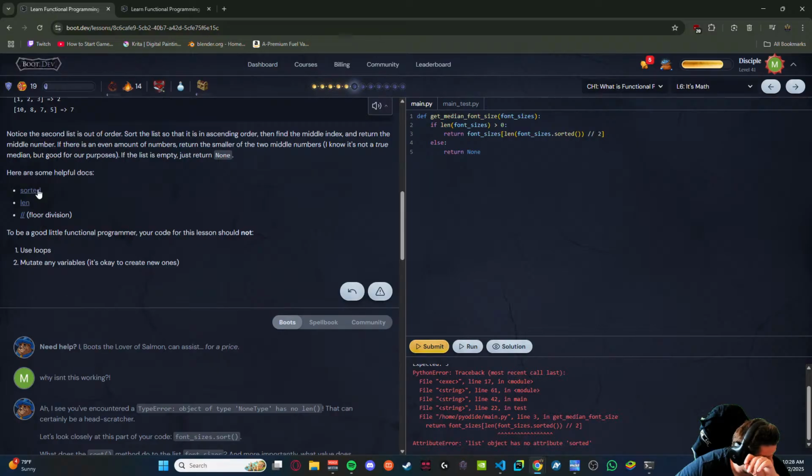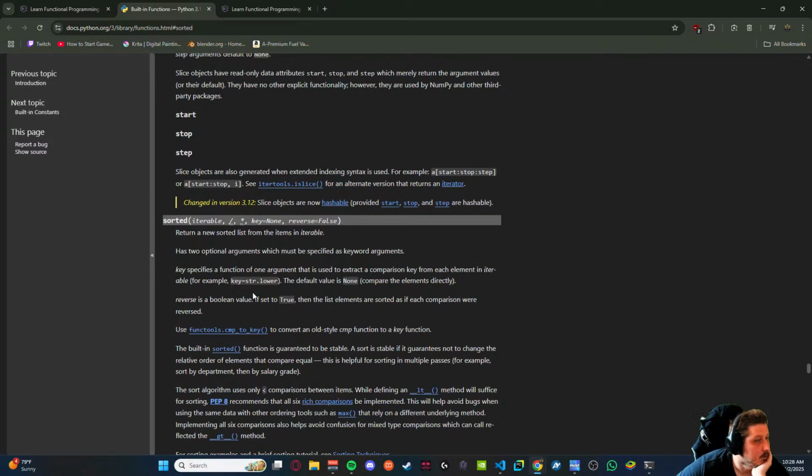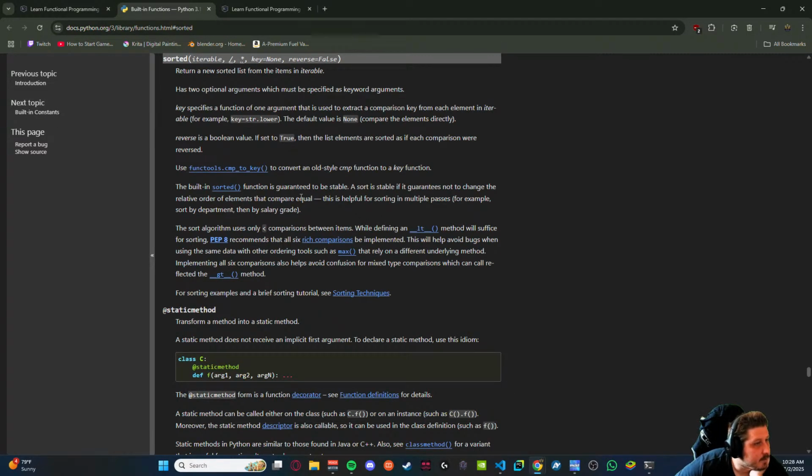Or is it something else? Sorted. Key specifies a function of one argument. Default value is none compared to the direction. Reverse is a boolean value. Set true. Yada yada yada. Okay.